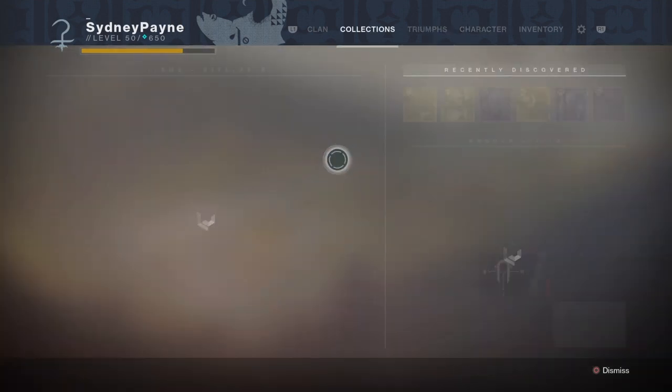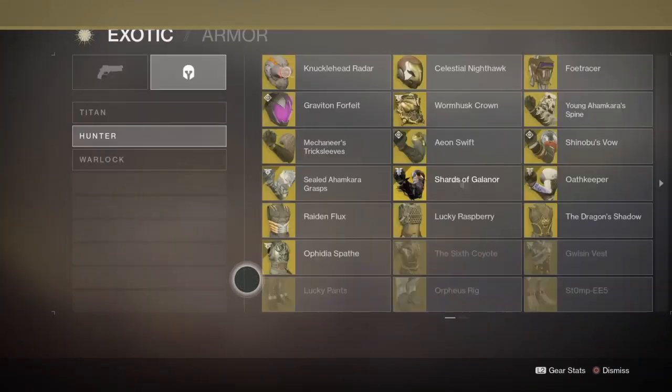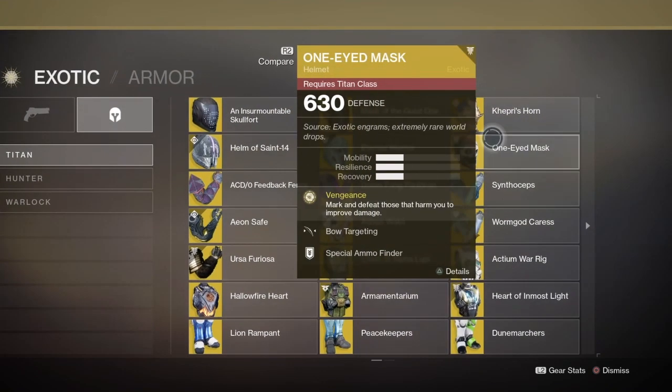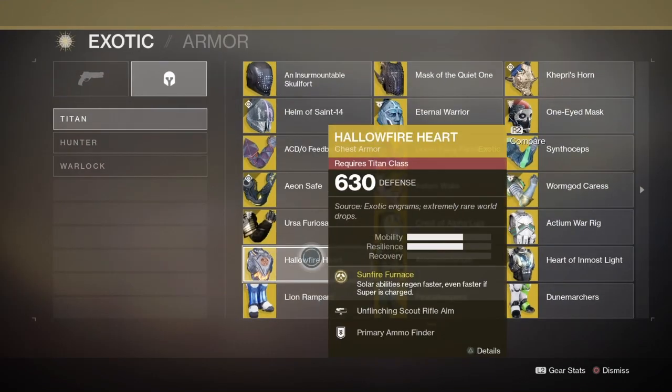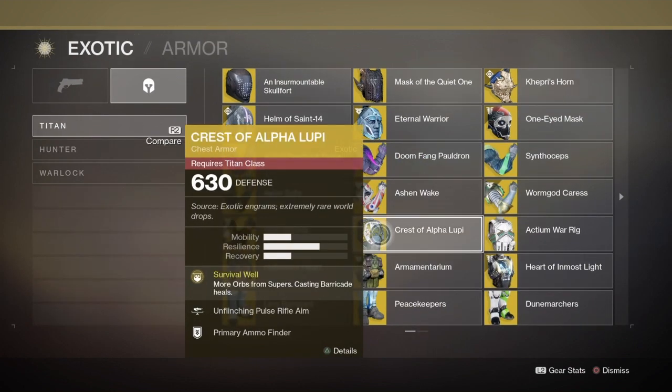But as far as Titan exotics go, as far as Solar Burn goes, honestly, I'd go One-Eyed Mask if you have it. If not, Hallowfire Heart's really good. It would be really good for this. Solar abilities regen faster, even faster if your super is charged, so you get grenades more often. Crest of Alpha Lupi is another really great one. More orbs from supers. Casting your barricade heals you for a bit, so that could be